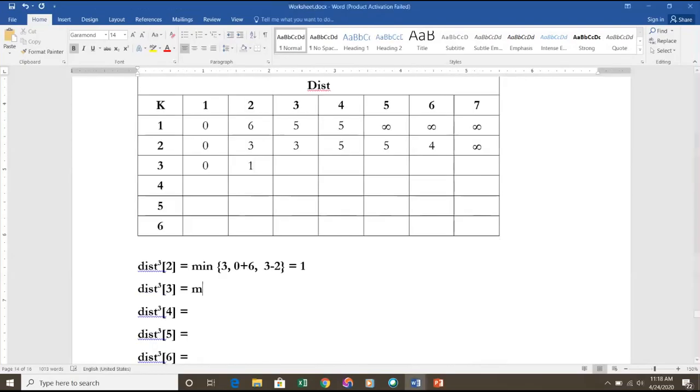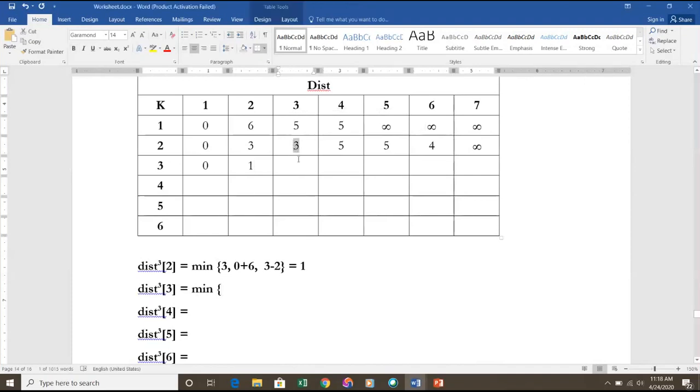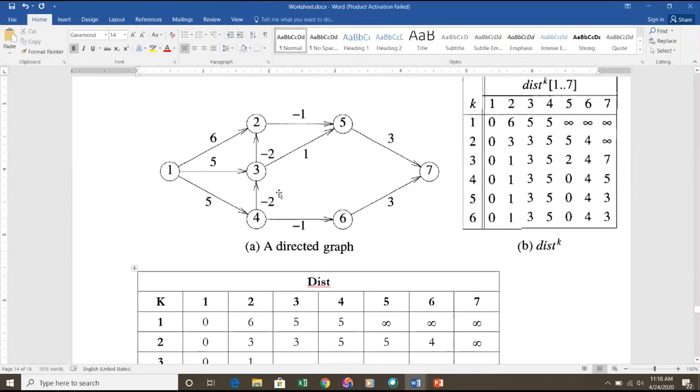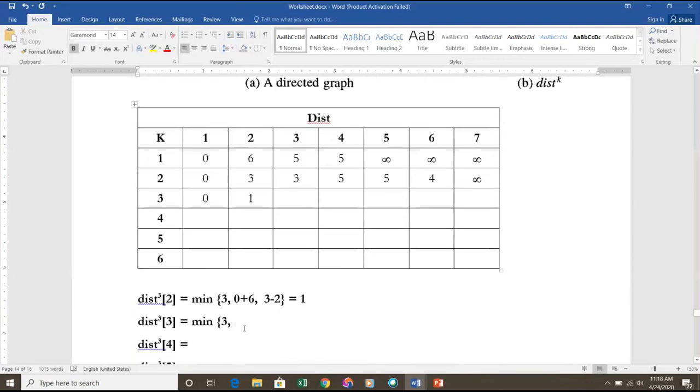Next, dist of 3. Dist of 3 is min of what is the previous value of 3 in the previous step? Distance is 3 itself. Okay. Comma. Which are the edges incident on 3? One is from 1, other one is from 4. So from 1, it is 1 always has the value 0 in the previous step. 0 plus 5 is one value,